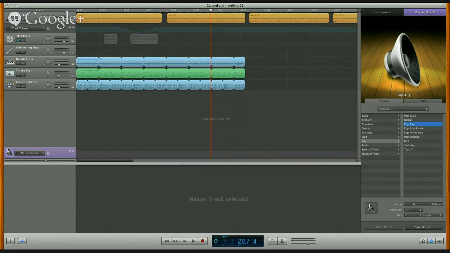Now again, you can go to custom settings and go in here and set it. Usually 96K is a pretty good level to do. Again, it just depends on who you're trying to target. And you can experiment with the sounds or the levels that you want to set it at. But usually